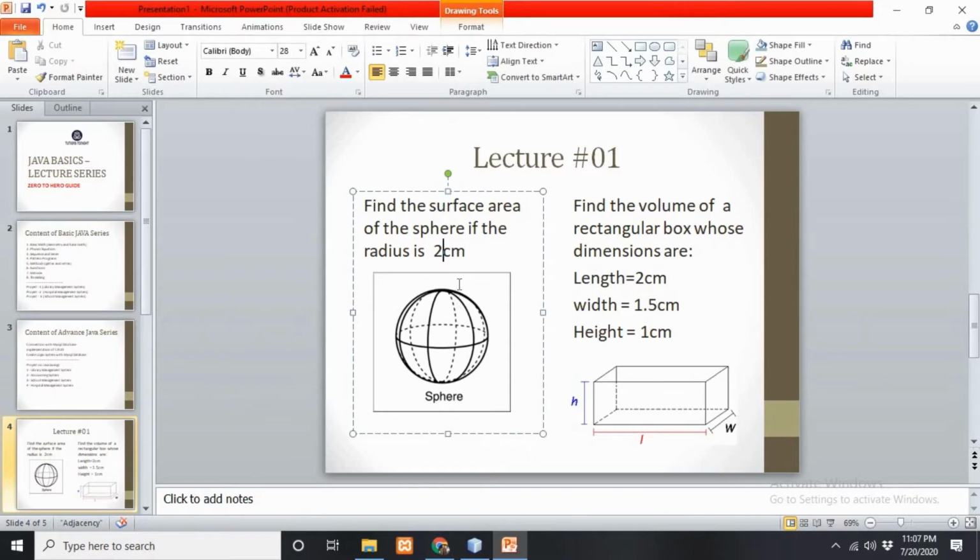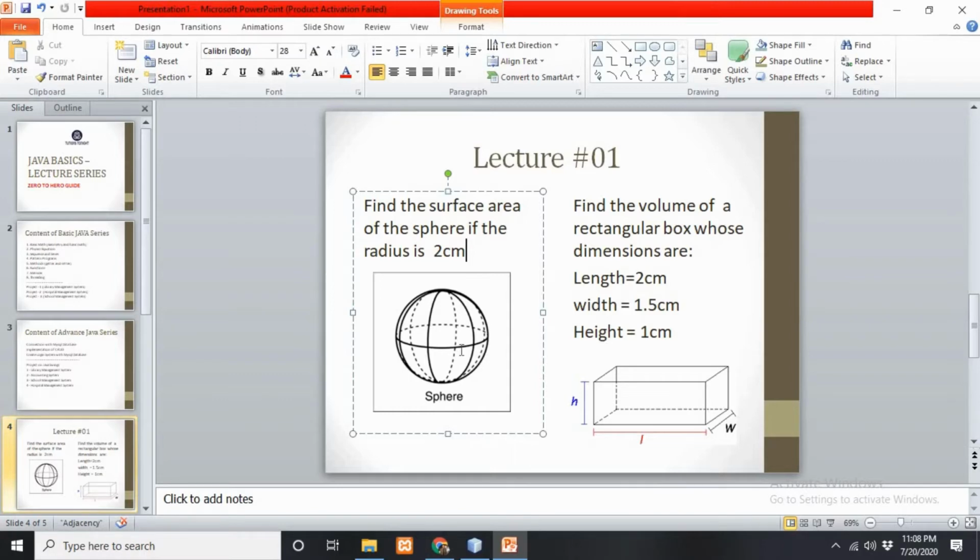First, our first question is to find the surface area of a sphere if the radius is 2 centimeter. Alright, so this is a geometrical type of question and we have a geometrical shape right here, that is a sphere, and you all know that the sphere is a 3D circular shape.